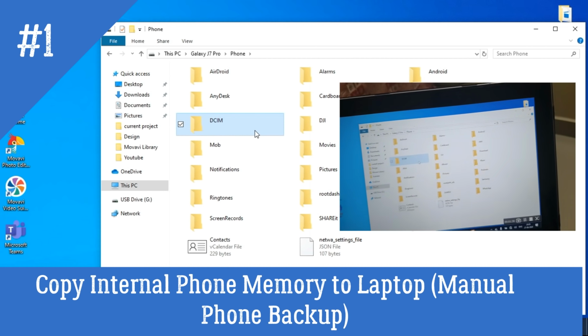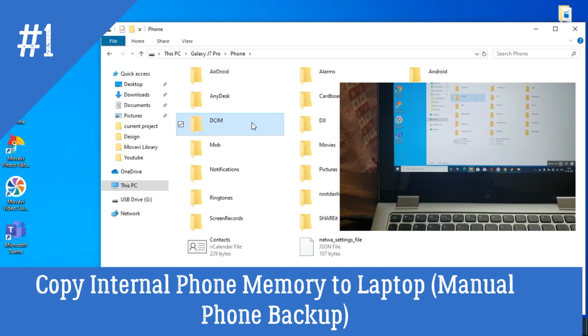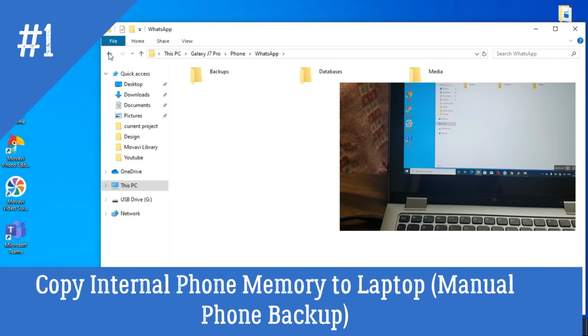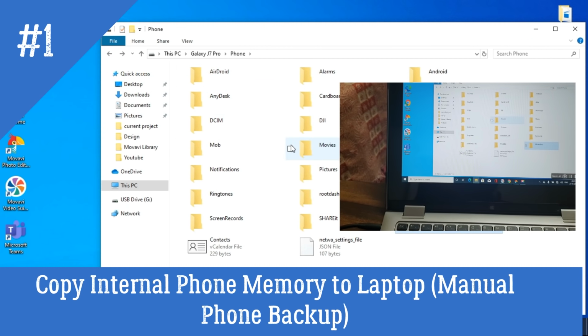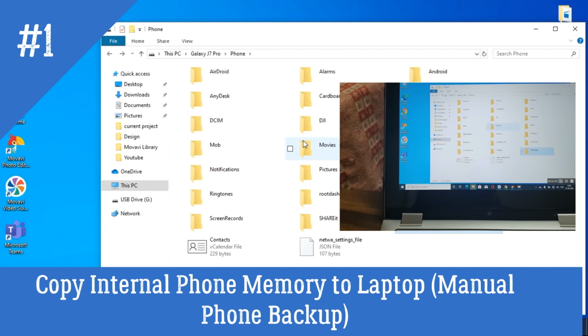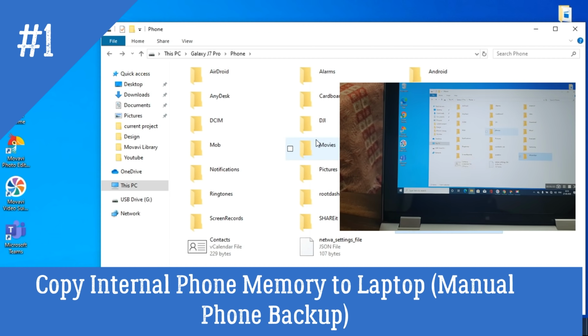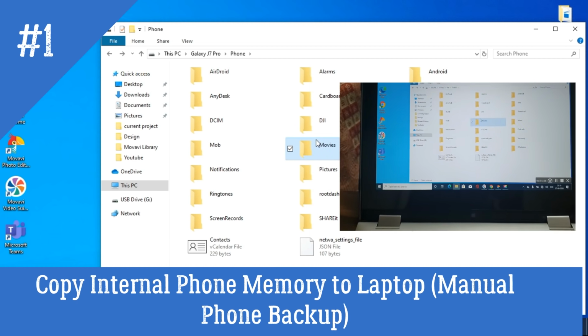Here you can see camera folders and the WhatsApp folders. To quickly do the factory reset, we don't know what things we have to do, so take backup. You can just select all.